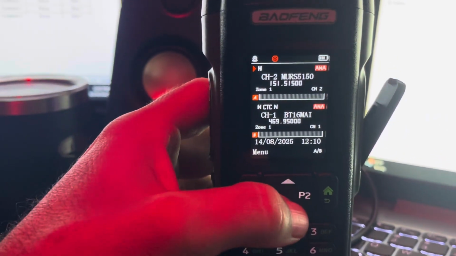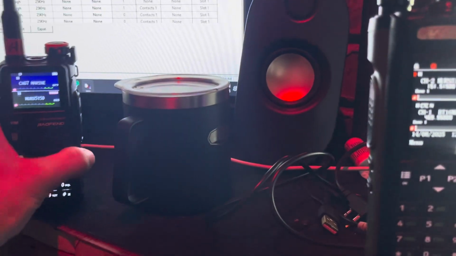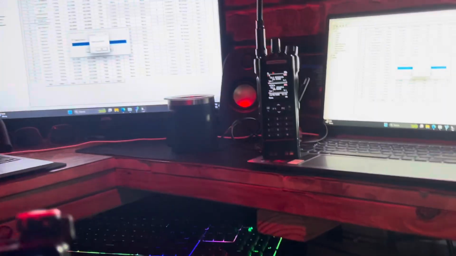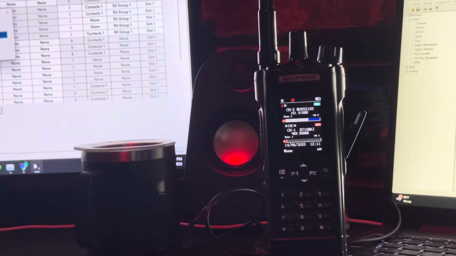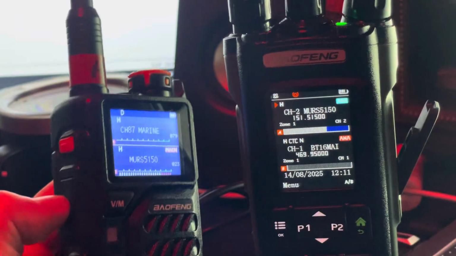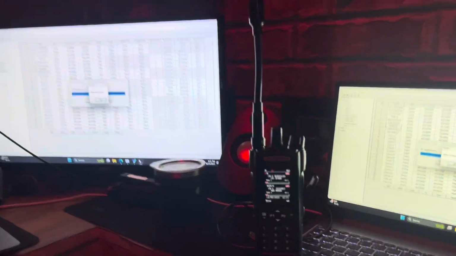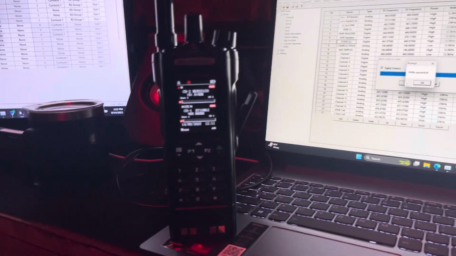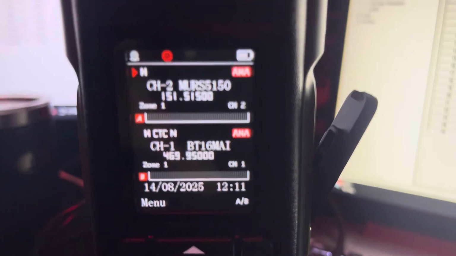We're going to keep going. So this is a frequency here that's already preloaded into this radio. I mean, we already just proved that it'll communicate. But if you watch, you can see they're talking to each other already. So there we go. Yep, that's how easy it is to do your own data sets and plug them into your laptop and essentially